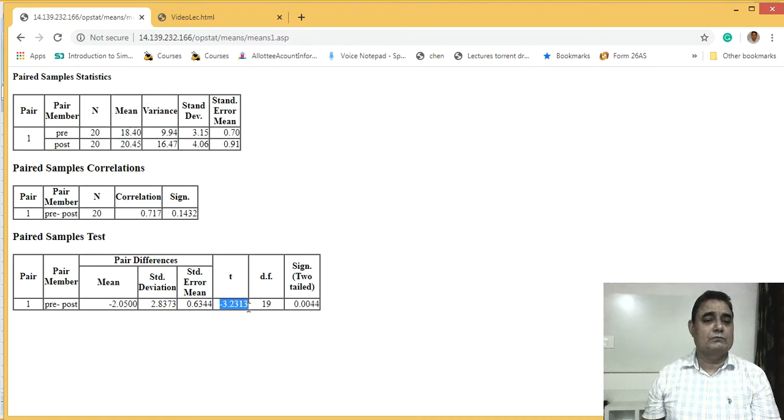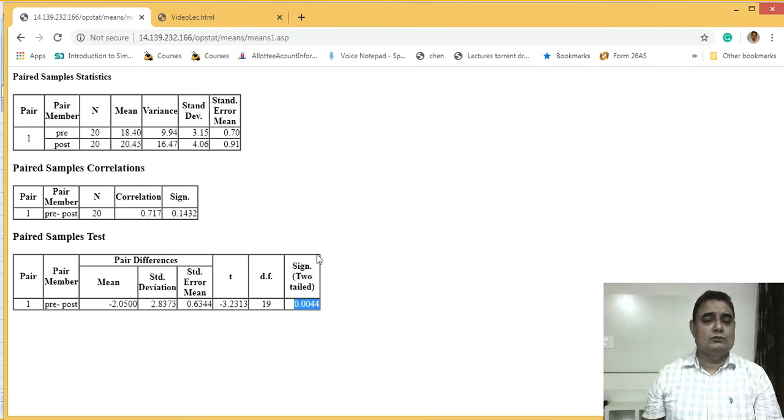We compute the t value. It is of course negative, but we will take the absolute value and find its p value. It comes out to be equal to 0.0014. It means it's significant. There is enough evidence to reject the null hypothesis. Our null hypothesis was that there is no impact of the training. So we will reject the null hypothesis, and our conclusion is, of course, since we get this significant p, that there is an impact of training.